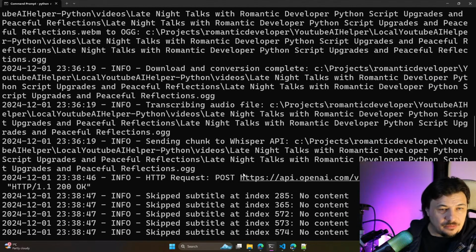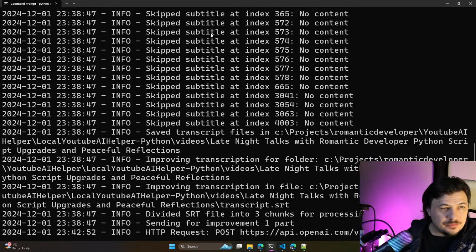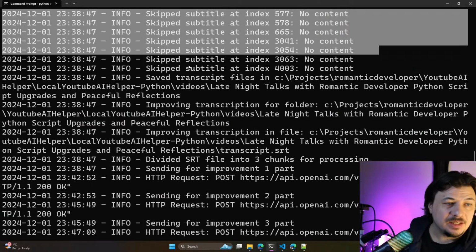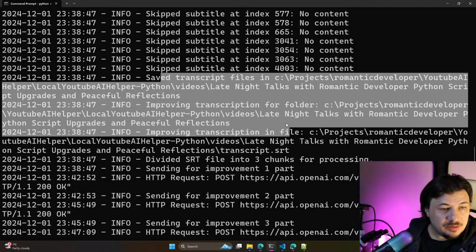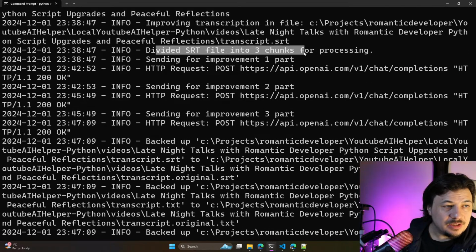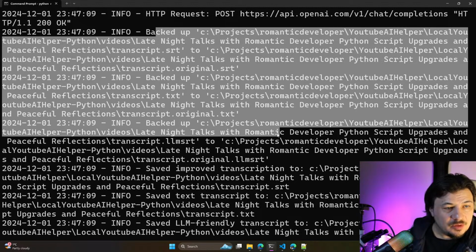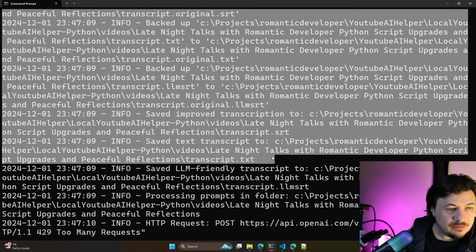We transform that OGG. We received some empty content again. We save the transcript. We split it into 3 chunks and send it for improvement. It took up to 10 minutes for some reason for improvement. We backed up everything. We saved the improved transcript.